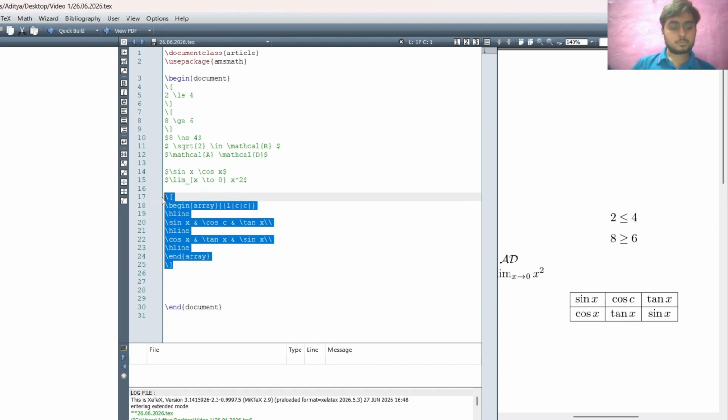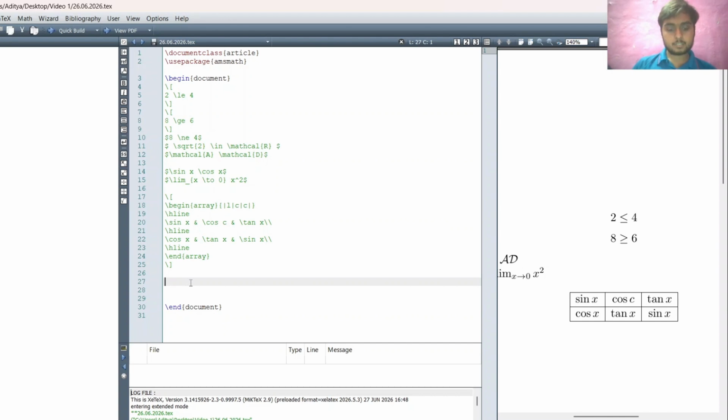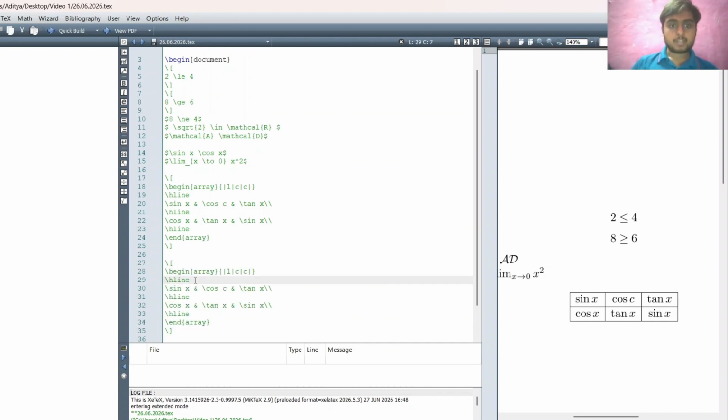Suppose I want to write this thing only in a matrix type of style. So I'll just remove these horizontal and vertical lines and insert a delimiter accordingly.